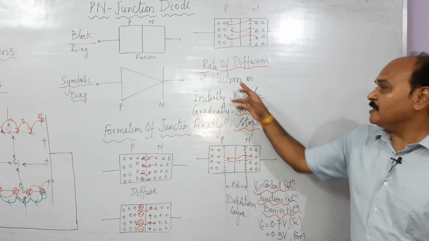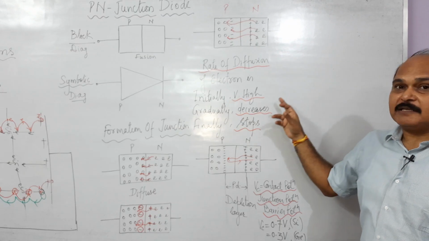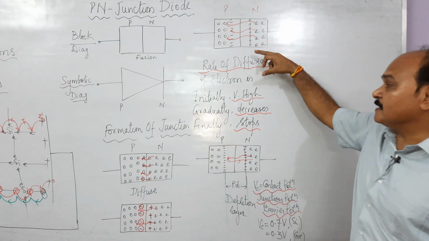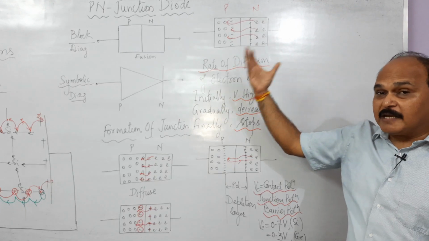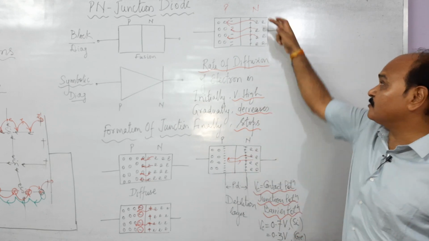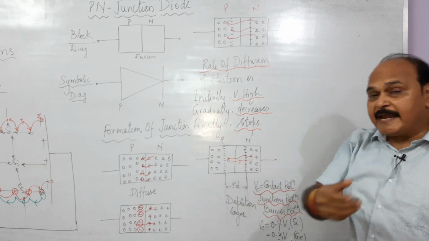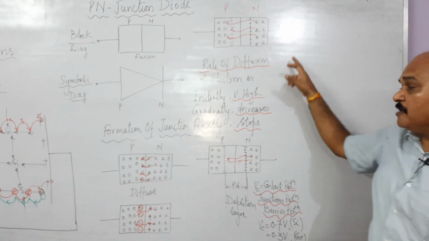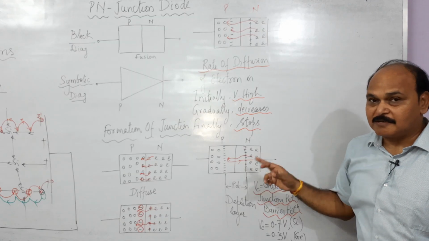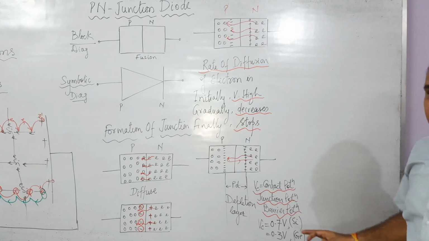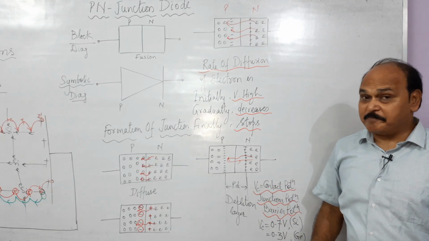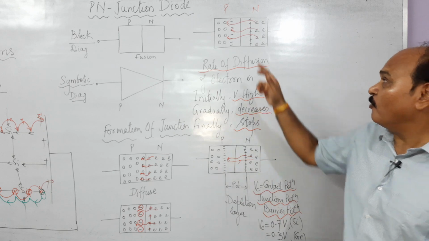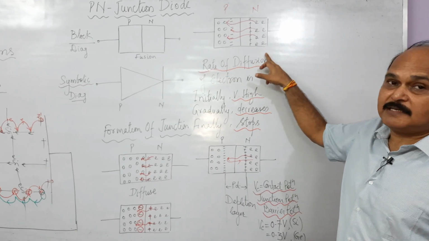Therefore, what happens? Initially the rate of diffusion of holes is very high, and as long as the diffusion continues, the positive charge here goes on increasing. As a result, the rate of diffusion decreases because this positive charge exerts greater repulsive force over incoming holes. And finally, when there is no more diffusion of holes from p to n side, there exists a constant potential difference across the junction. That potential difference is called what? Contact potential, junction potential, barrier potential. Barrier potential, yes. This potential difference acts as a barrier for diffusion of holes from p side to n side.